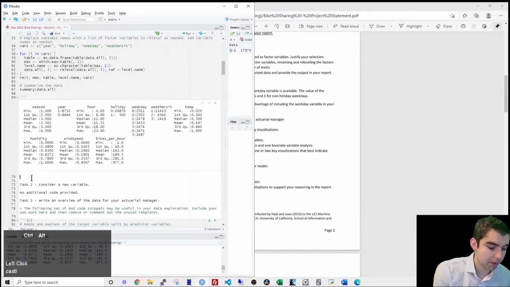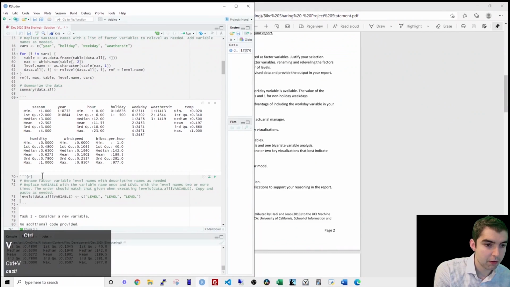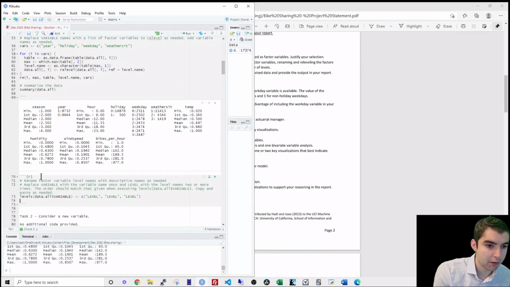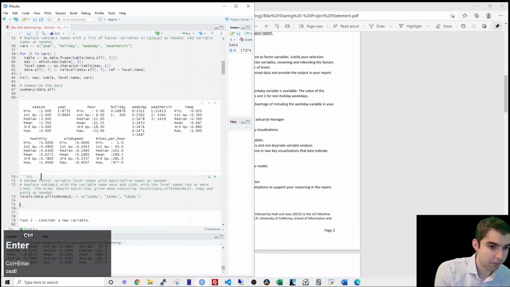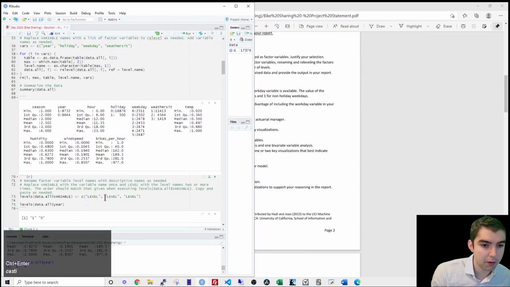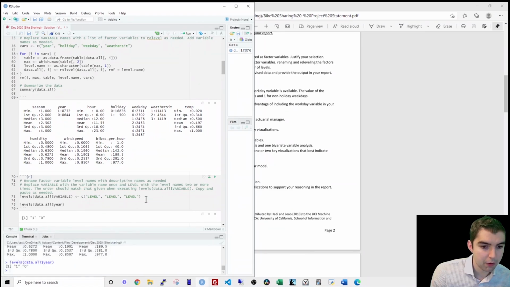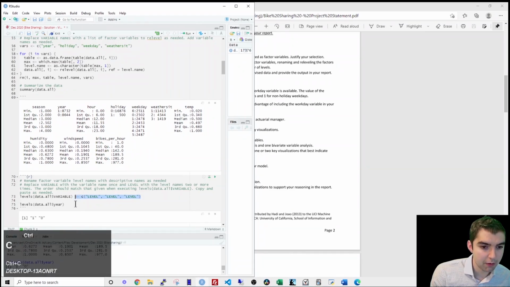Let's take an example. Let's look at levels of year. I see that this is 0 or 1. So I can just set these values equal to